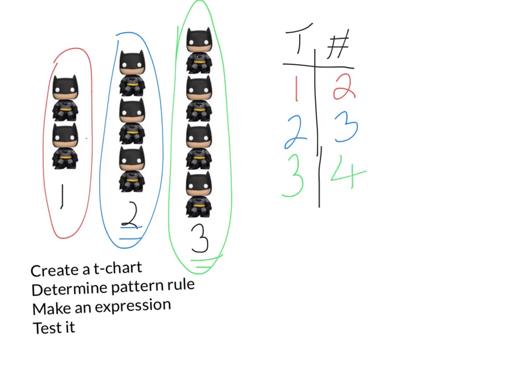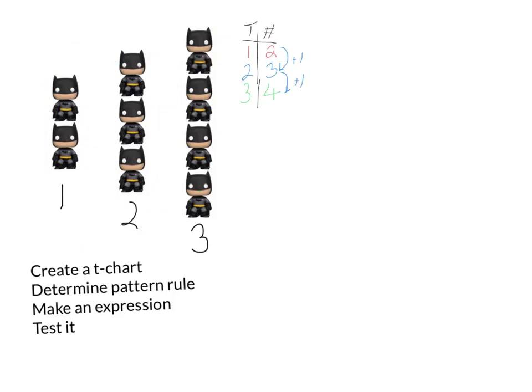Knowing this, I can determine a pattern rule. If I'm going from 2 to 3, I add 1. Going from 3 to 4, I add 1. So my pattern rule is add 1 each time. Using this pattern rule, I am now going to create an expression and I'm going to test it to see